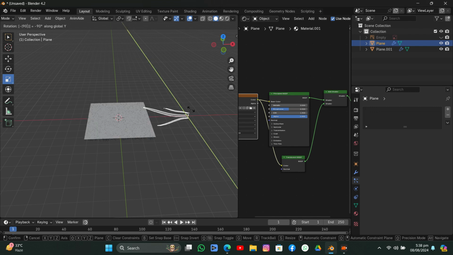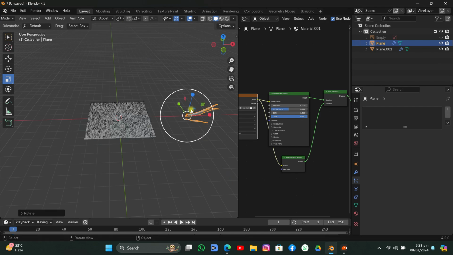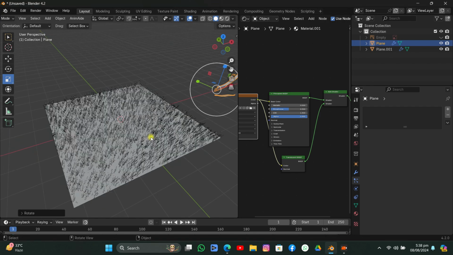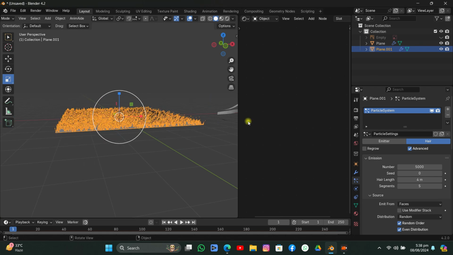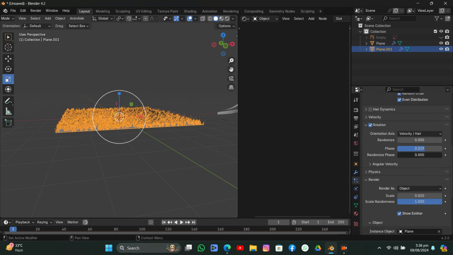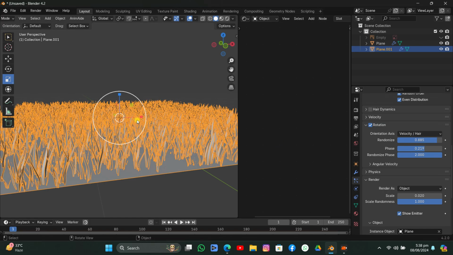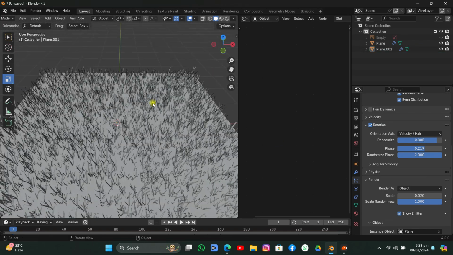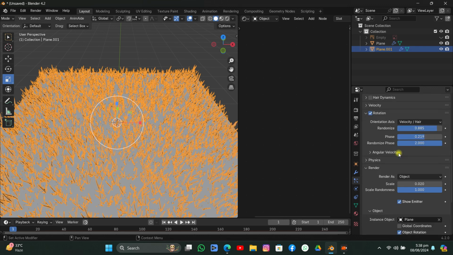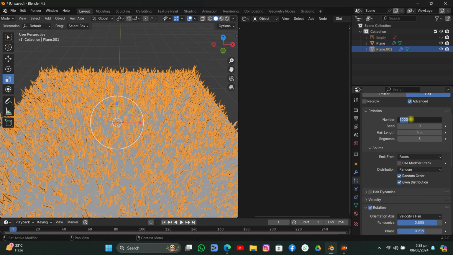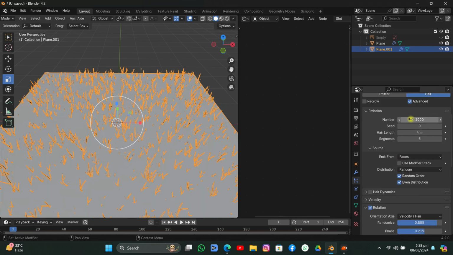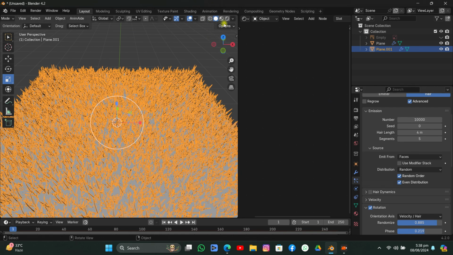So we're going to rotate it on X 90 degrees. Y, yeah, rotate it that way and it will face the right direction. We can randomize the phase, randomize this one also. If we now increase the number to a crazy amount like 10,000 or something. Oh, it's just 10,000. And if we go to render,